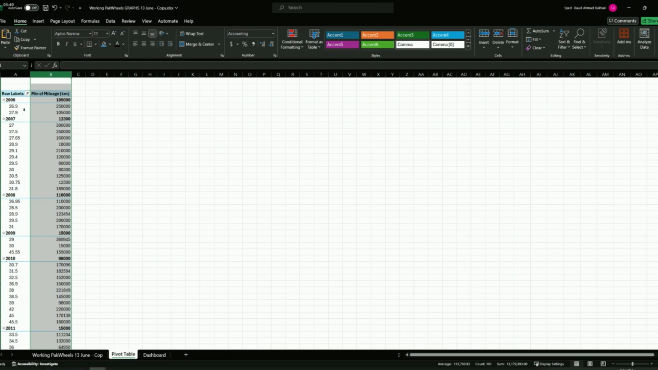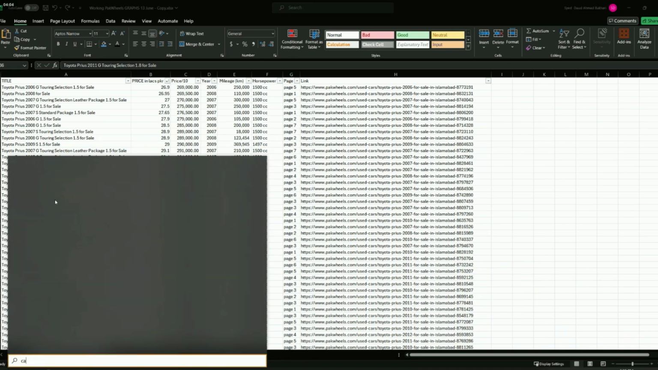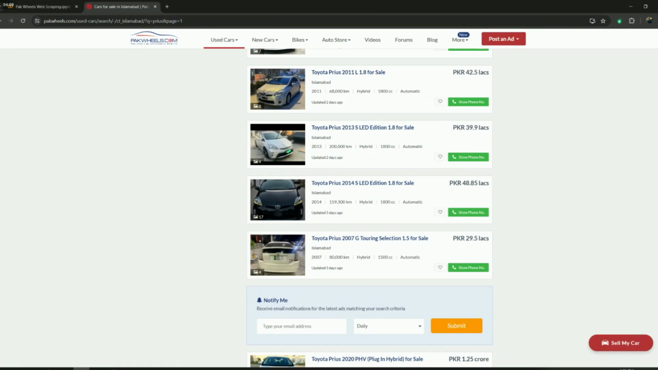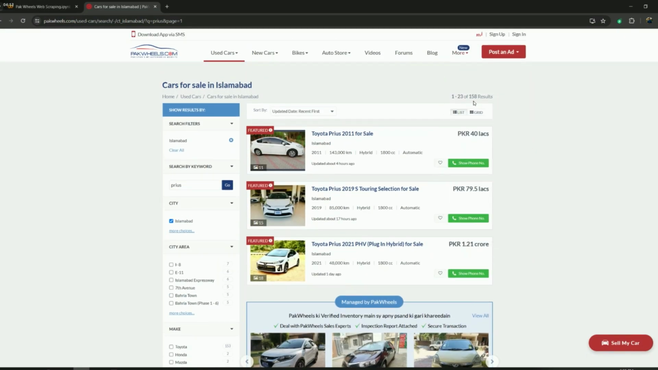There are two cars for 2006 and several for 2007 and so on till 2015, because the filter has been applied. This was a worksheet that I was working in, doing all the calculations, data cleaning and all that, and you could expect to see that for about 158 results,